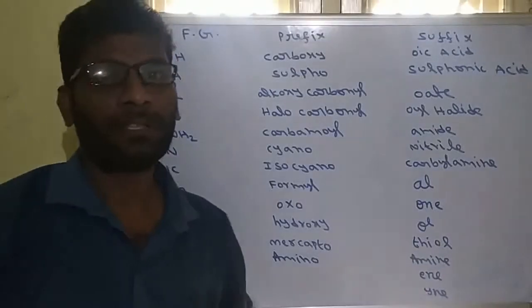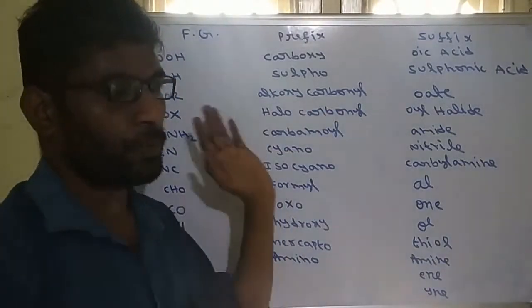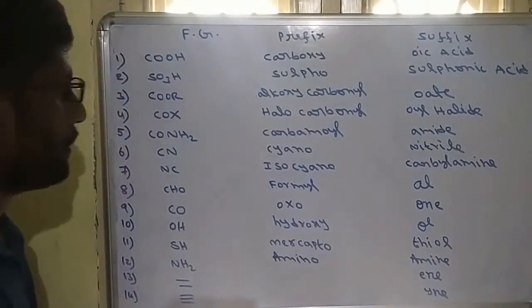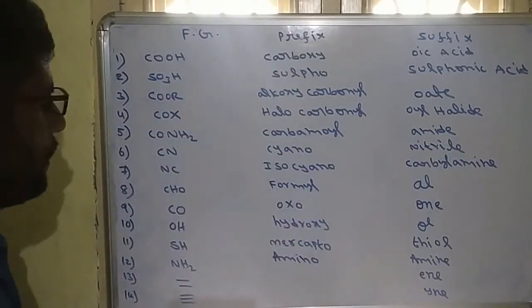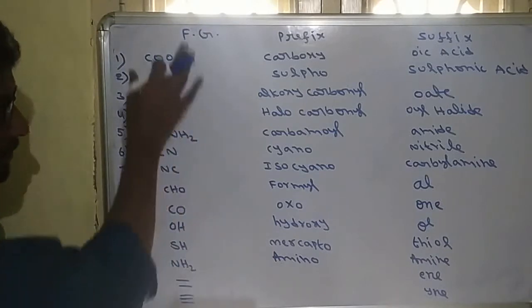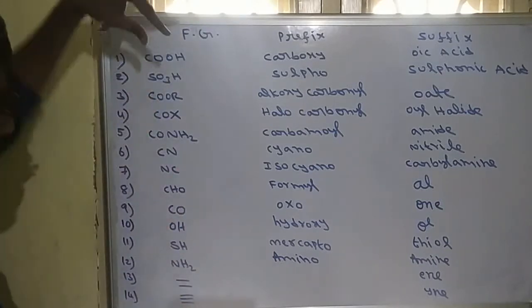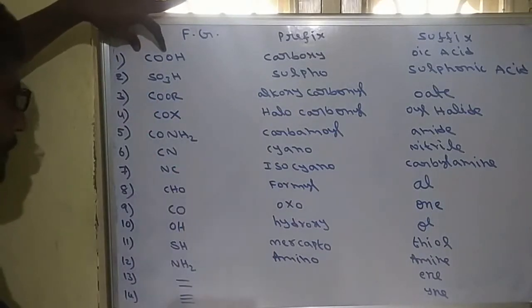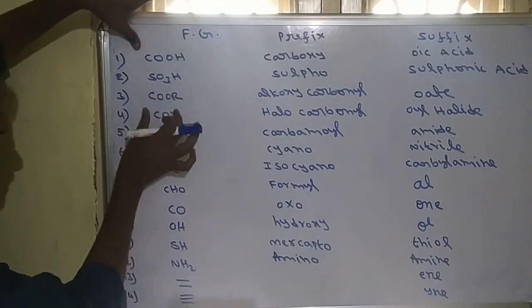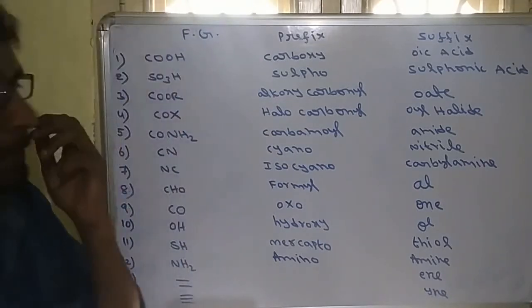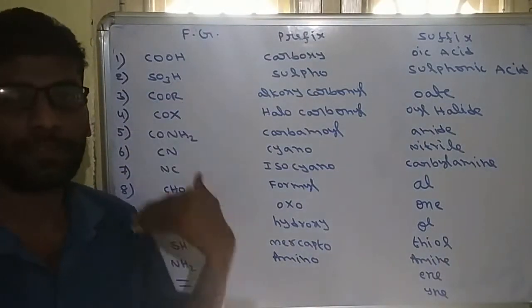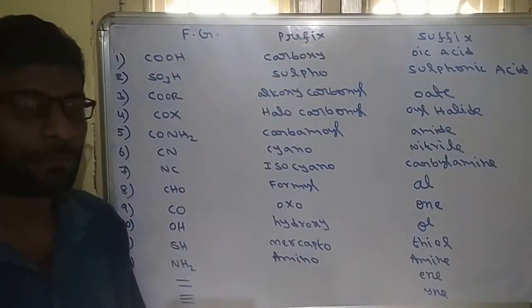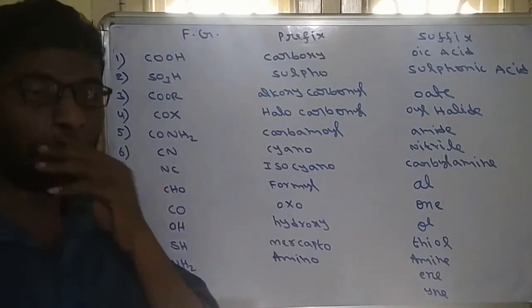So after knowing the sequence of the IUPAC, we have to remember another table, that is the table of functional groups. This table is present in decreasing order. COOH is the major functional group. After that SO3H, COR, COX, all are given in the order. When two or more functional groups are given, we have to take the one above as the major one. The one above is the major, the one below is the minor.